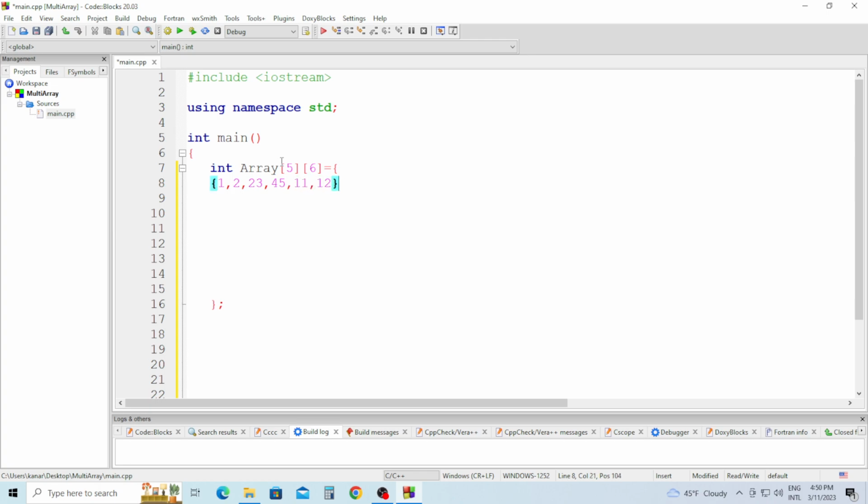This is array number 1, and curly braces again. Fourteen, 3, 70, 8, 10, comma, another curly braces,